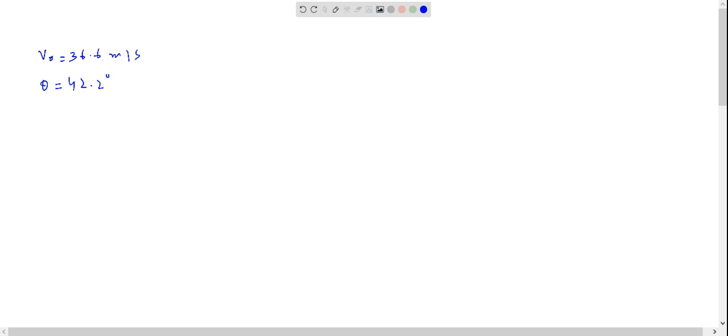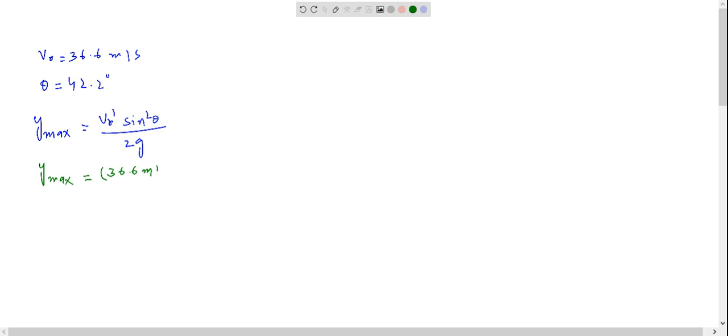We know that the maximum height of a projectile is given as v naught square sine square theta out of 2g. As we know, v naught is 36.6 meters per second, and angle theta is equal to 42.2 degrees. So putting the above values in this equation, we get y maximum equal to